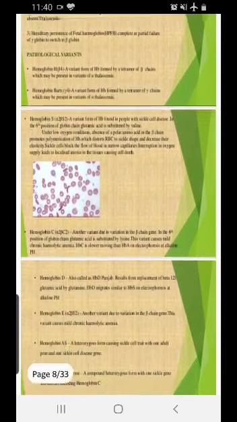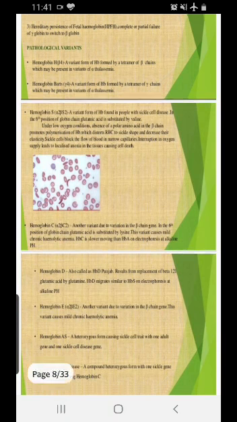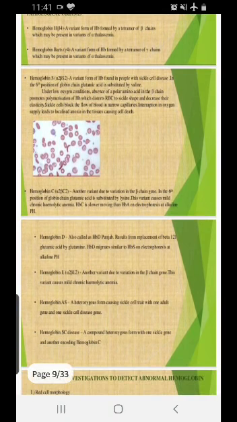Alright, so a little bit about the hemoglobin S variant. In this, the glutamic acid is substituted by valine by a point mutation. So under low oxygen conditions, the absence of the polar amino acid in the beta chain promotes polymerization, and RBCs form sickle cells. The sickle cells block the flow of blood in the normal capillaries.